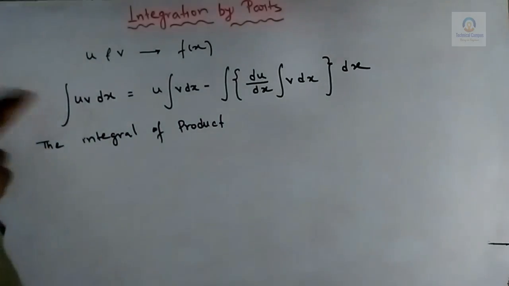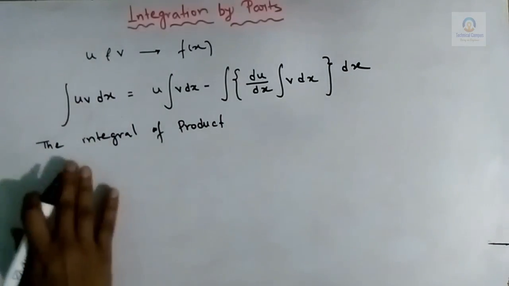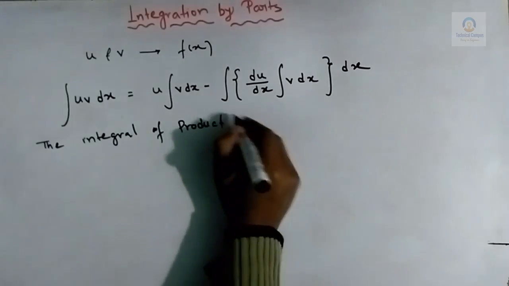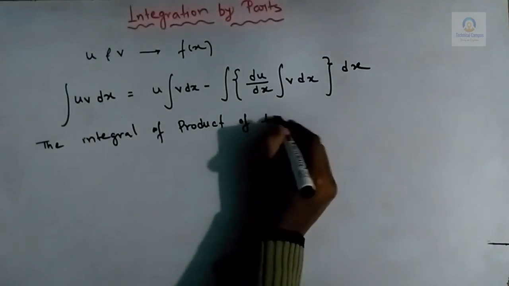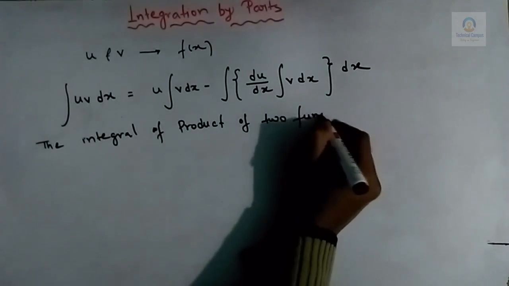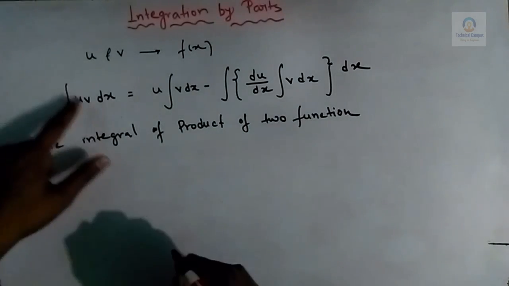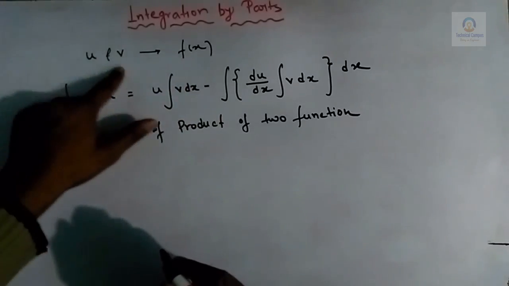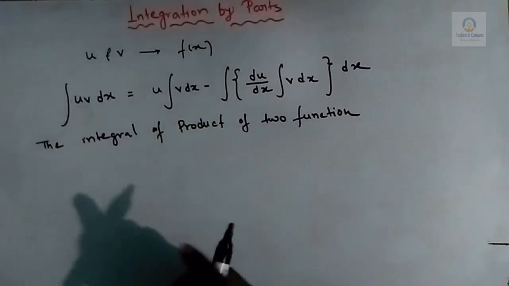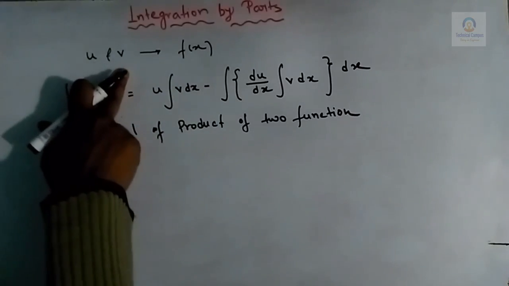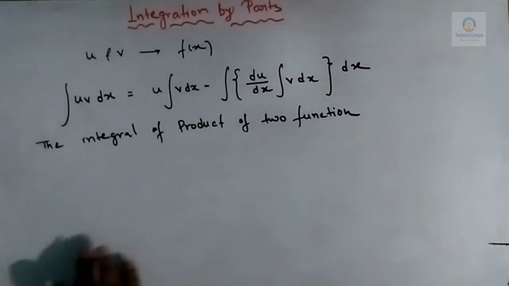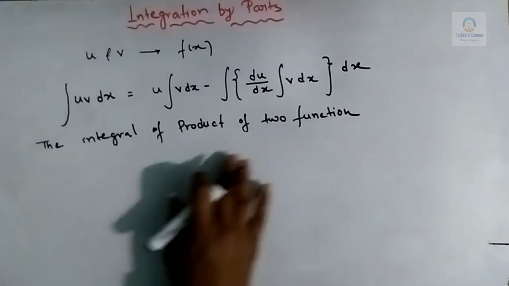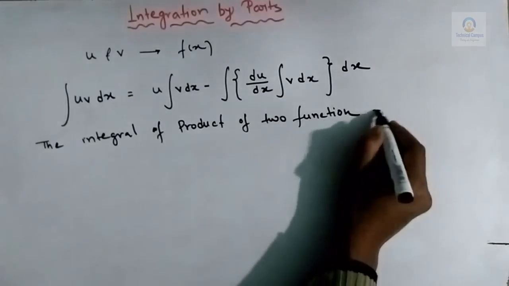Let us write this formula in theoretical ways. So it will be the integral of the product of two functions. Both these functions must be functions of the same variable. Here u and v are functions of the same variable x. So you can write the integral of the product of two functions is equal to